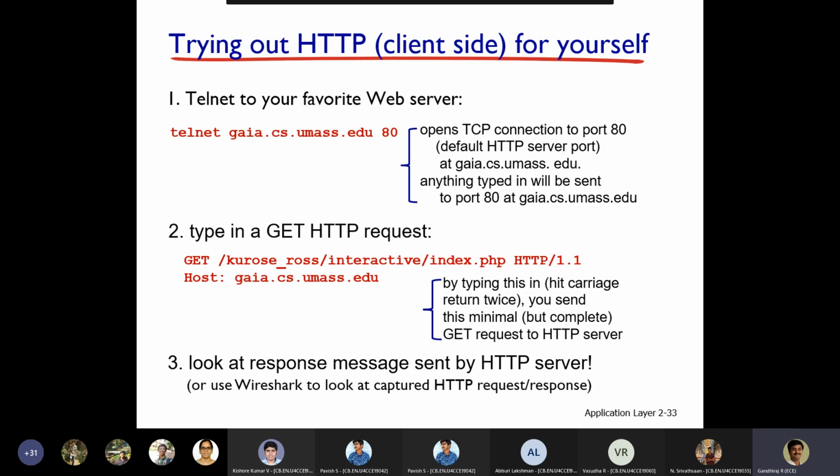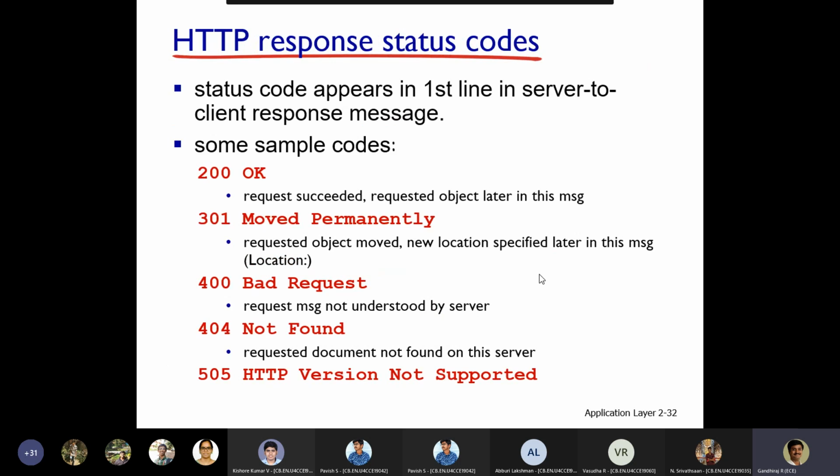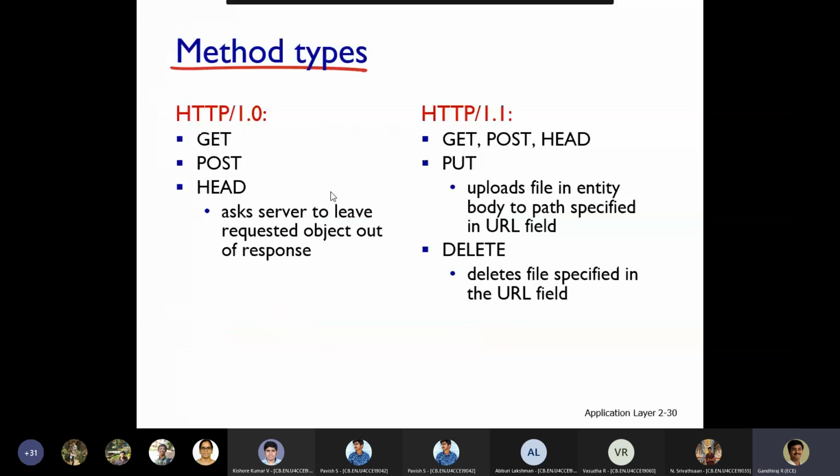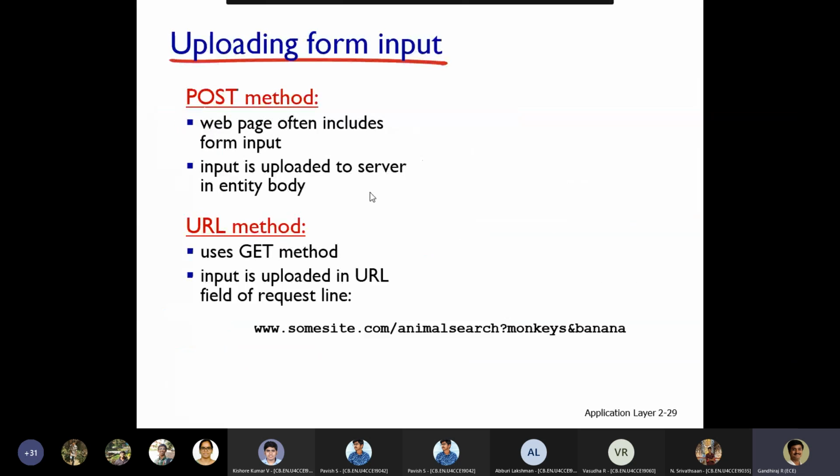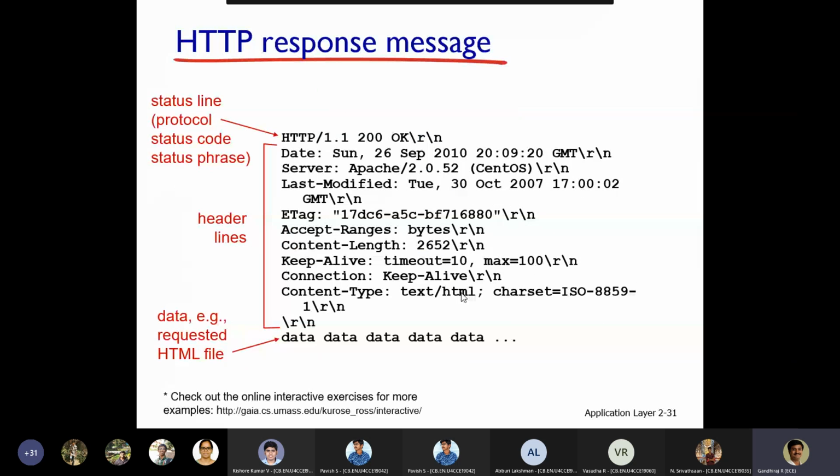So what I'm conveying here is that to talk with the server, only the browser need not communicate. If you know what information you want from the server, by typing the GET command, we can directly get that information. That's it. For this, the knowledge base of the HTTP request and response methods, we must be aware of this.